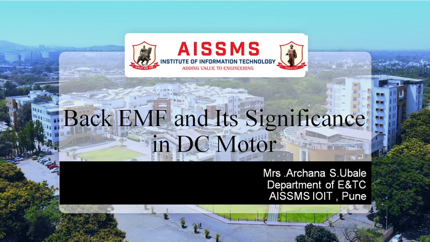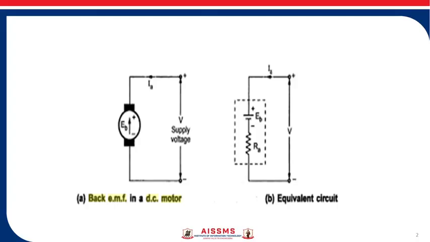And this induced EMF in the armature always acts opposite to the supply voltage. According to Lenz's law, the direction of induced EMF is always opposite to the cause producing it. So in this diagram, you can see this is the back EMF which is generated in the armature, and this is the supply voltage which is applied to the armature, and this is the equivalent